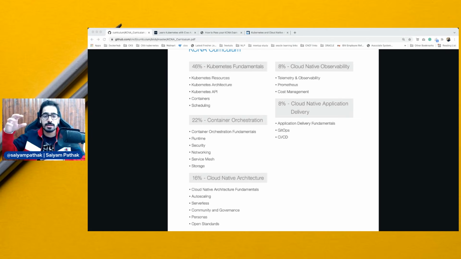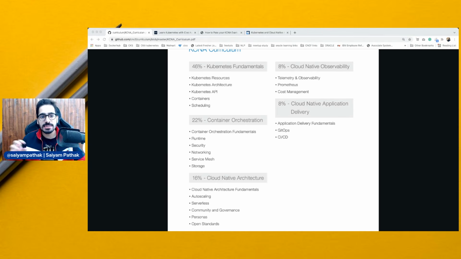Also, drilling down into the pod, a pod will have containers. They can be multi containers. Then how the containers connect with each other on the same host, on different hosts, how things like that work. So this was the Kubernetes architecture. Then Kubernetes resources: what is a deployment, what is a replica set, what is a stateful set, what is a service, different types of service, which type of service associates with which kind of Kubernetes object. Things like that will definitely be on the exam.